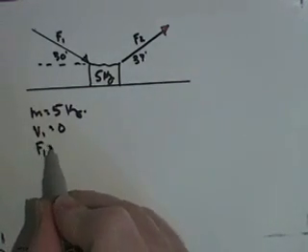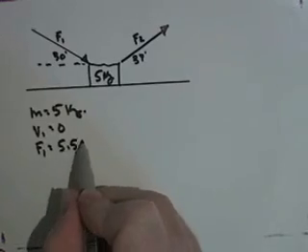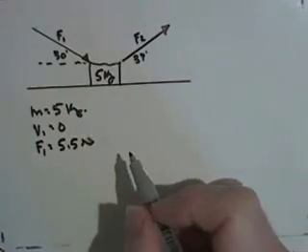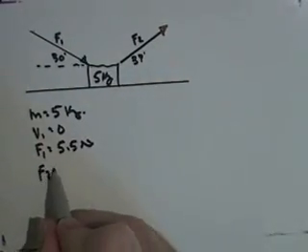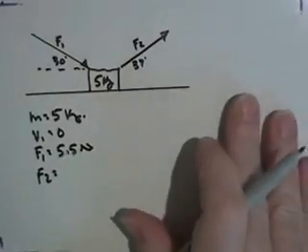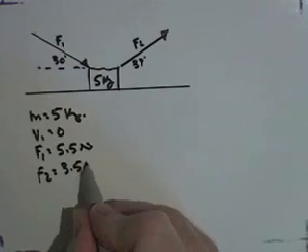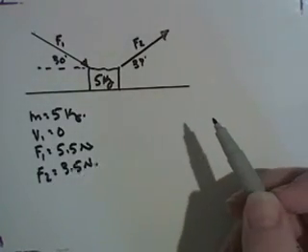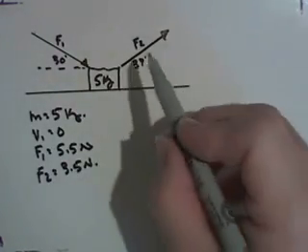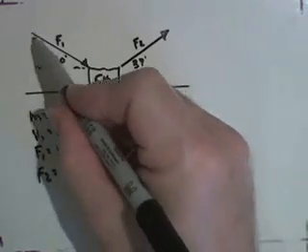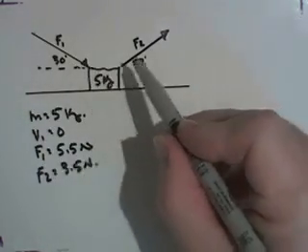So F1 is 5.5 newtons. And F2, which is 3.5 newtons. You'll notice that the first one's being acted on by some kind of a handle, the second one